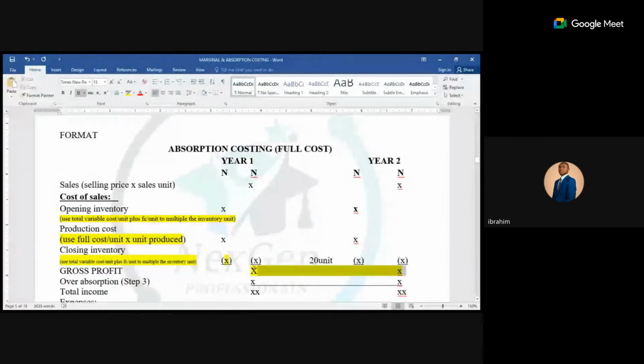Before I continue from here, does anyone have a question? Before I move to other income, before I say add other income after the gross profit, does anyone have a question? If you have a question, quickly unmute your mic. If you can't see my screen, it's your network. I think it's your network, actually. Please, are we good? Can I move on? Okay, let me just finish so that you can ask your question.